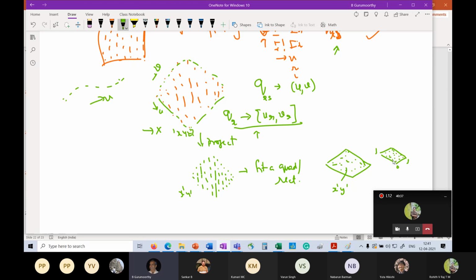And then all the points are also squished inside that somehow appropriately. Whatever transformation you use, you apply it on all the points and they get squished inside. Let's say these are x double prime, y double prime, because there is a transformation. You transform it so that this becomes a unit-sized square, and therefore all these points will also get transformed. And all this is happening inside a plane. And these x double prime, y double prime, remember this is going from 0 to 1, this is going from 0 to 1, are nothing but the u and v corresponding to that point.